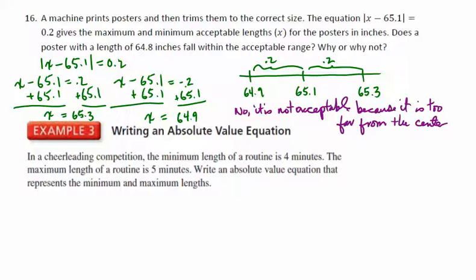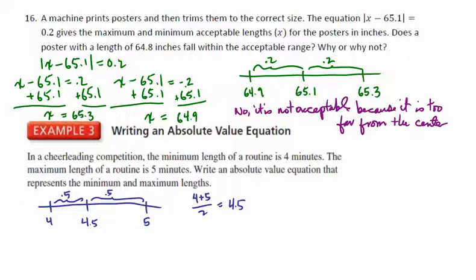In a cheerleading competition, the minimum length of a routine is 4 minutes. So we can right away set up 4 minutes. The maximum length of the routine, 5 minutes. Write an absolute value equation that represents the minimum and maximum lengths. So what we're missing here is the center and the distance from the center. We're going to add the two endpoints, divide by 2 to find their average, and we're going to get 4.5, which is our center. Then we can tell that the distance from the center is 0.5,